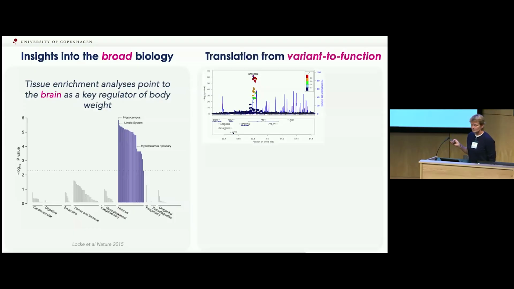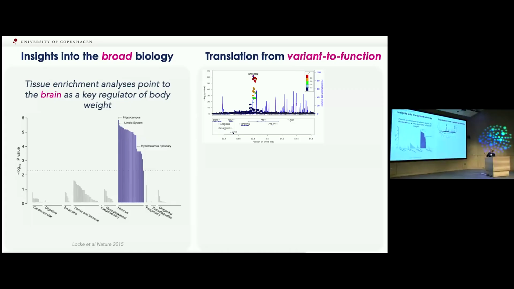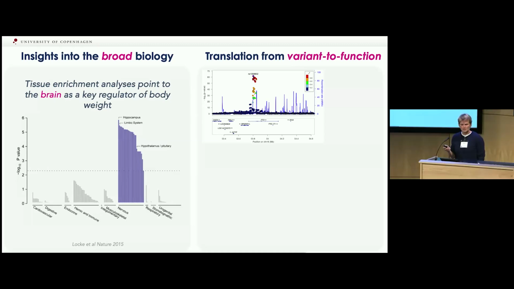FTO was the first discovered locus, almost 18 years ago now. You see a very nice signal. This is again from an older paper, where the p-value is 10 to the minus 60. Now we're at about 10 to the minus 200. Initially we thought that FTO was the causal gene, and there were quite a few papers in Cell and Nature Genetics that showed very credible results for FTO as a causal gene within the context of obesity.